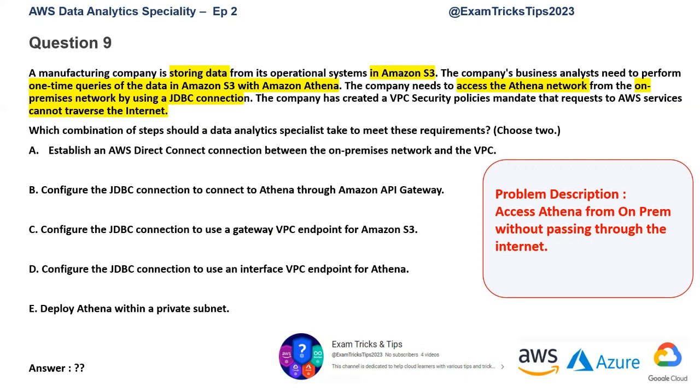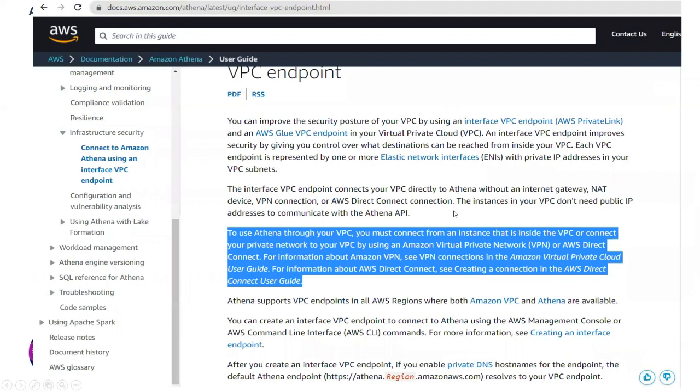Now, this is again a security question, and I would like to quickly take you to the AWS documentation around VPC endpoint, which is related to this particular question. How do you connect Athena? To use Athena through VPC, you must connect it from an instance that is inside the VPC, or connect your private network to your VPC by using an Amazon VPN or AWS Direct Connect. For information about VPN, see VPN connections. So if you go back to the options now,